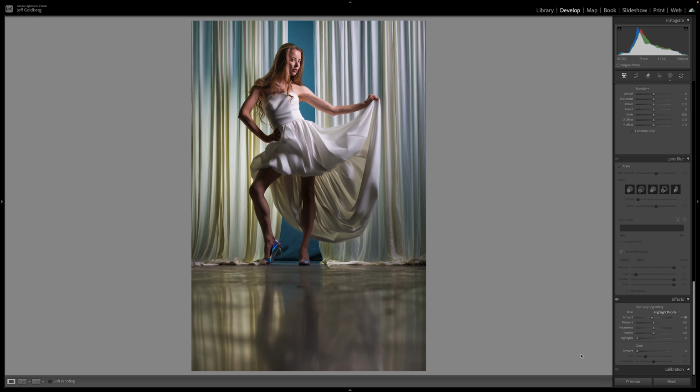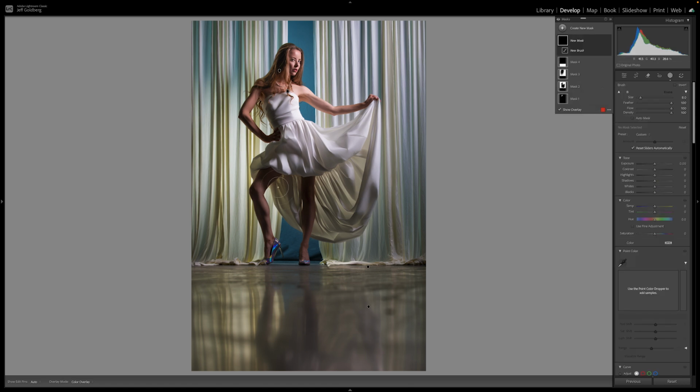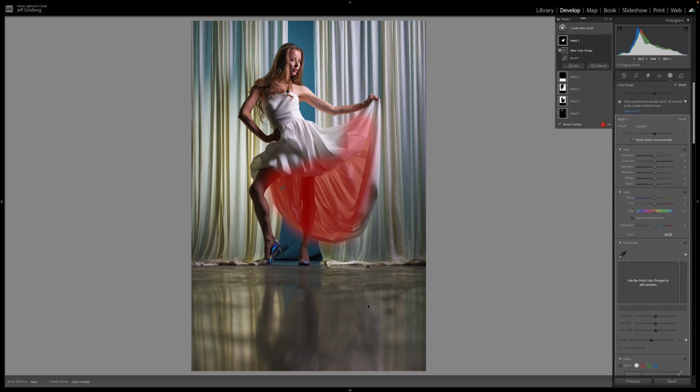Now, the one thing I do notice, her dress is a little warm under here, so it doesn't match the rest of the dress. So I'm going to take sort of a very rough selection. I'm going to intersect that with the color. And then I'm going to take that color down almost all the way out. Add some white to it. So actually that dress now I'll show you